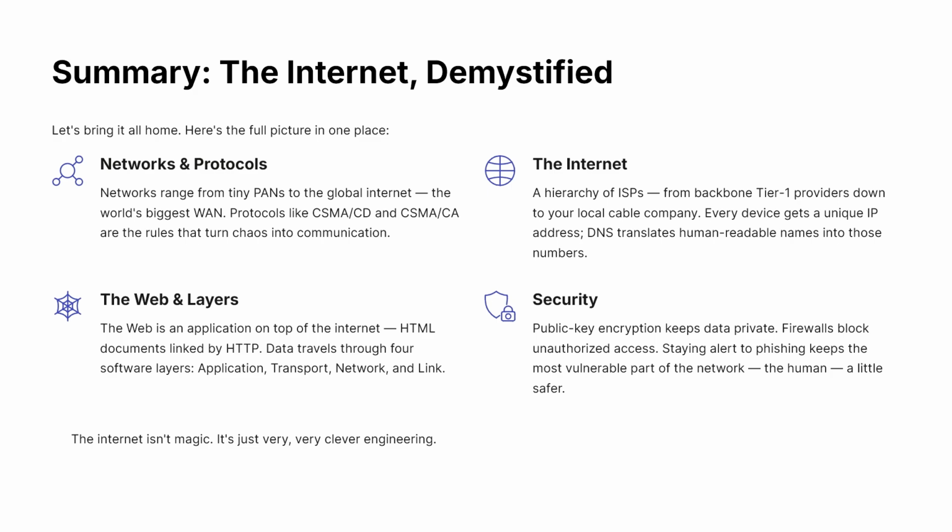And the network layer routes each packet hop by hop toward its destination. And security is a constant arms race. Encryption, especially public key encryption, keeps data private. Firewalls block unauthorized access. And staying alert to phishing keeps the biggest vulnerability in any network, the human using it,